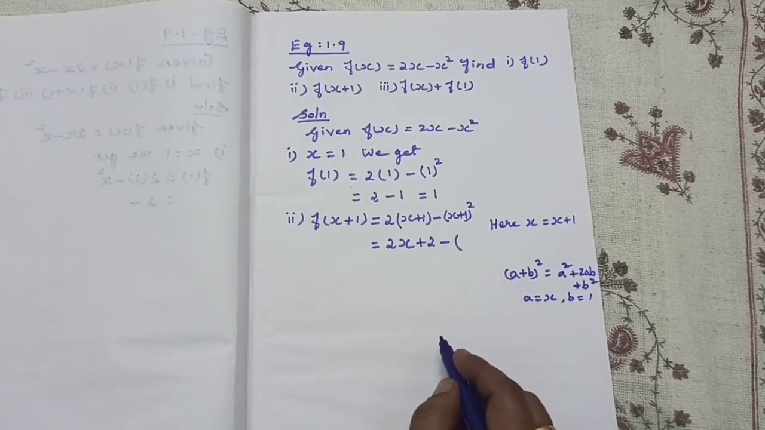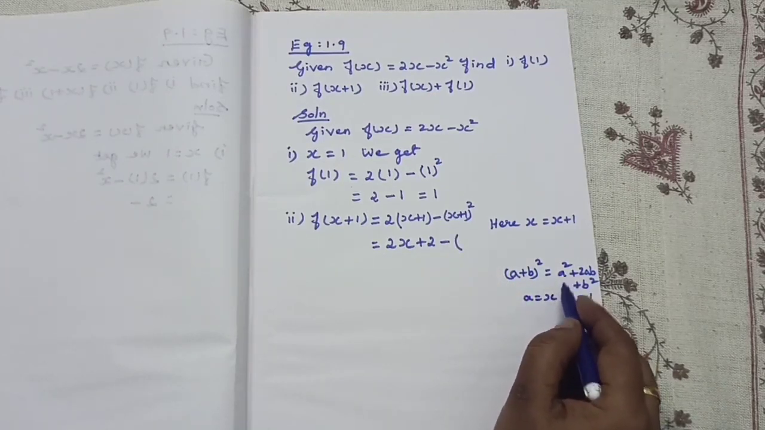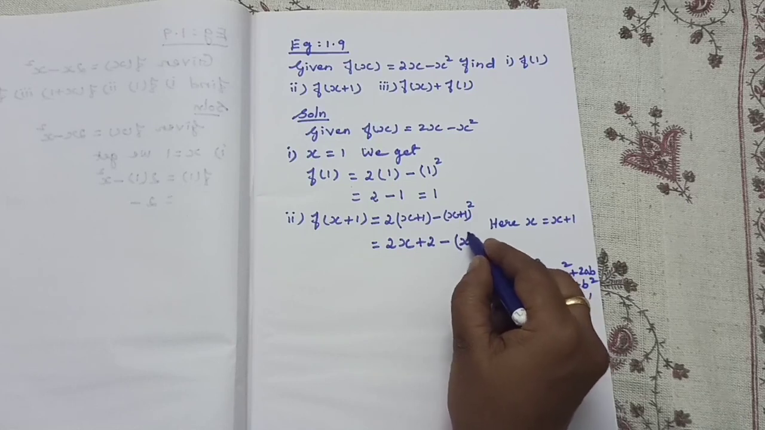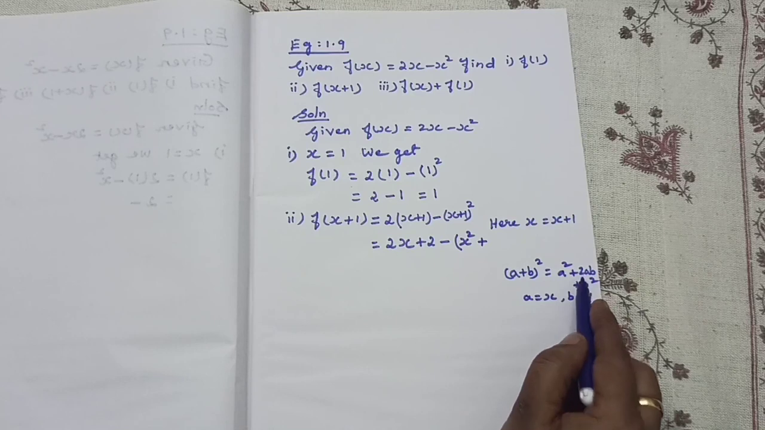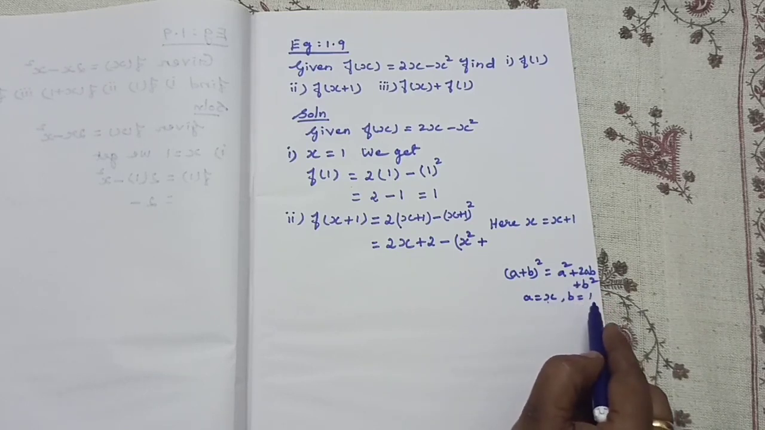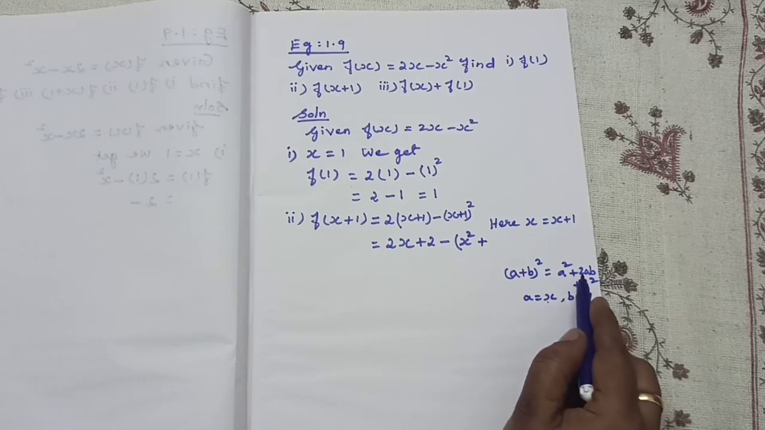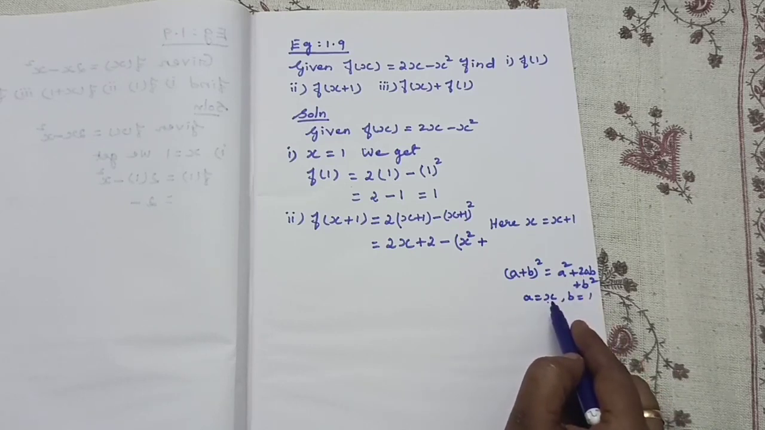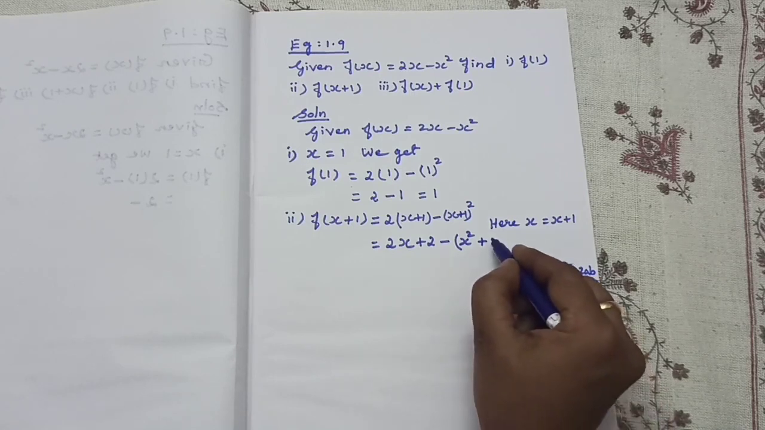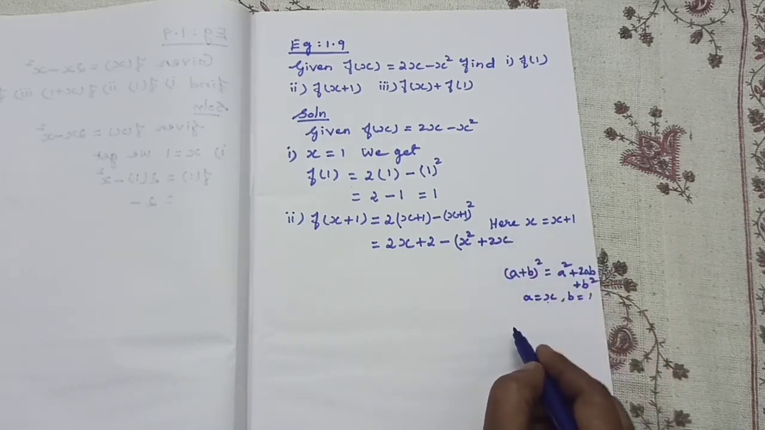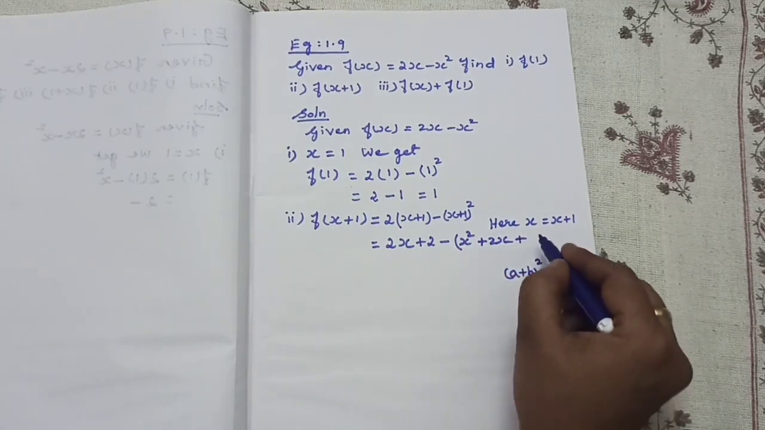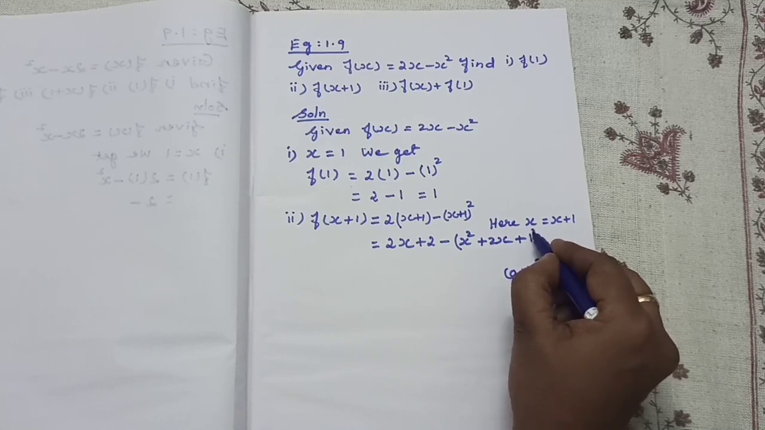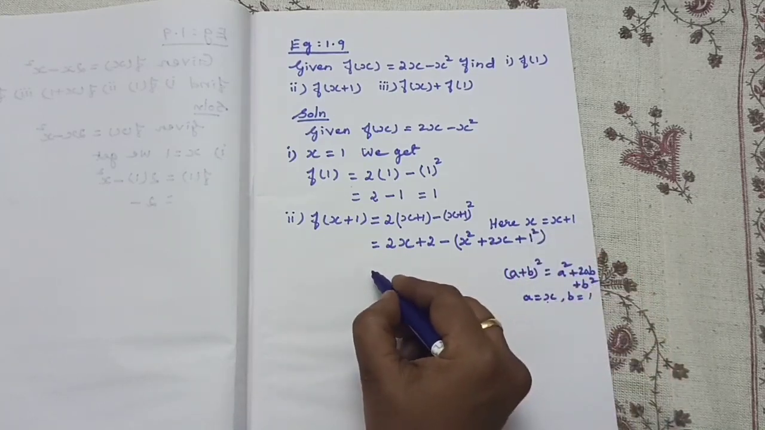Shall we substitute here? Then a square means x square, plus 2 into a into b. That means 2 into x into 1. What we will get? 2 into x is 2x. 2x into 1 is 2x. Okay, plus b square. B square is 1 square. Then equal to